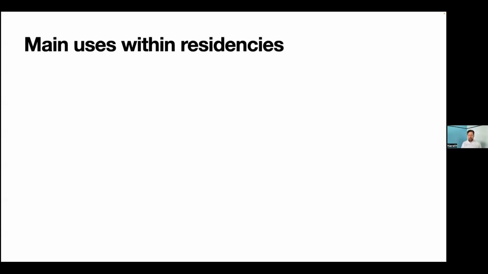So let's just talk a little bit about what are the main uses that we see from the data and from feedback that we're getting from people within the residency. The initial big win, of course, is helping people to easily access the conferences. Before Sparkle, we help people set up calendars with notifications people could subscribe to, widgets to set up on the department website so that people could be aware of it. But this idea of push notifications to subscribable conferences has been very powerful. It's super useful and motivating to send a push notification to people to say, this is where the conference is happening, this is what the topic is, and this is what the food is. And this is often an initial